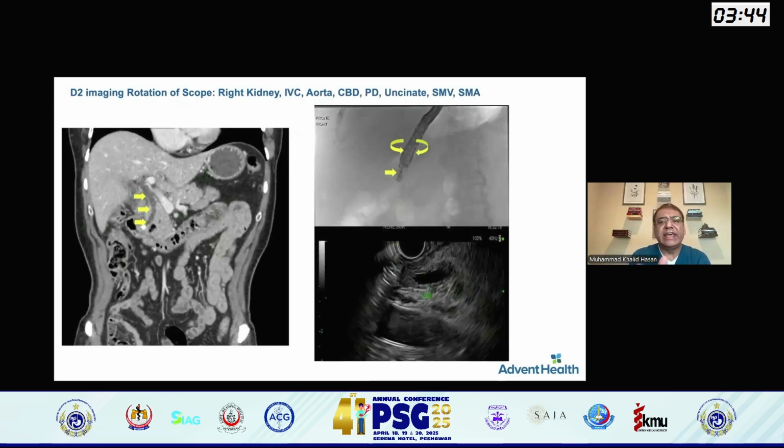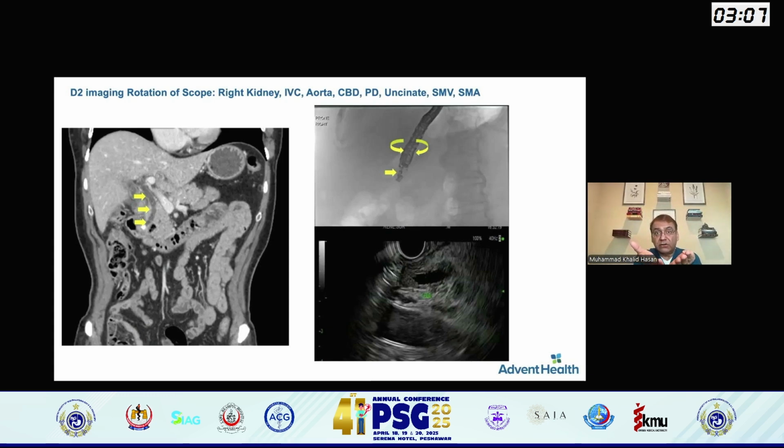Once you get to the second part of the duodenum, shorten the scope and try to look at the papilla with the endoscope view. It's not always going to be possible, but if you find it, put your camera right on it. So where is your transducer? Your transducer is 1.5 to 2 centimeters beyond the papilla, so you have to pull the scope back to really get a pancreatic and papillary examination.